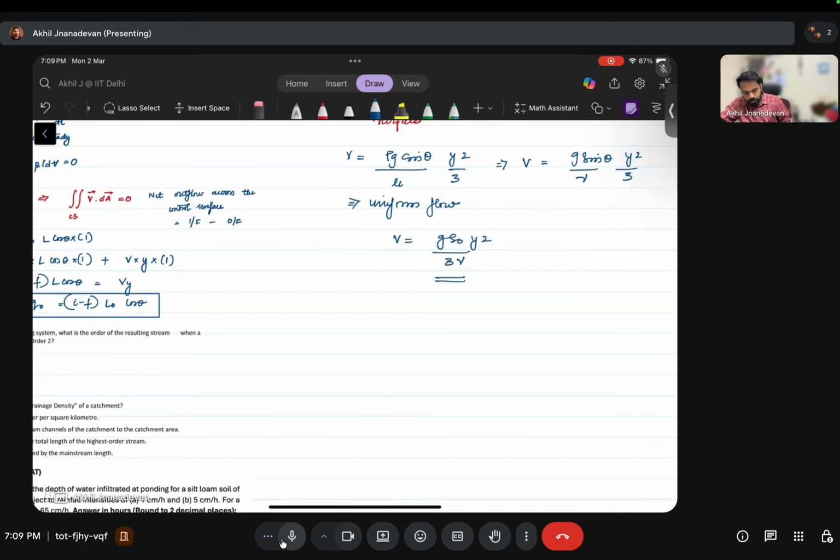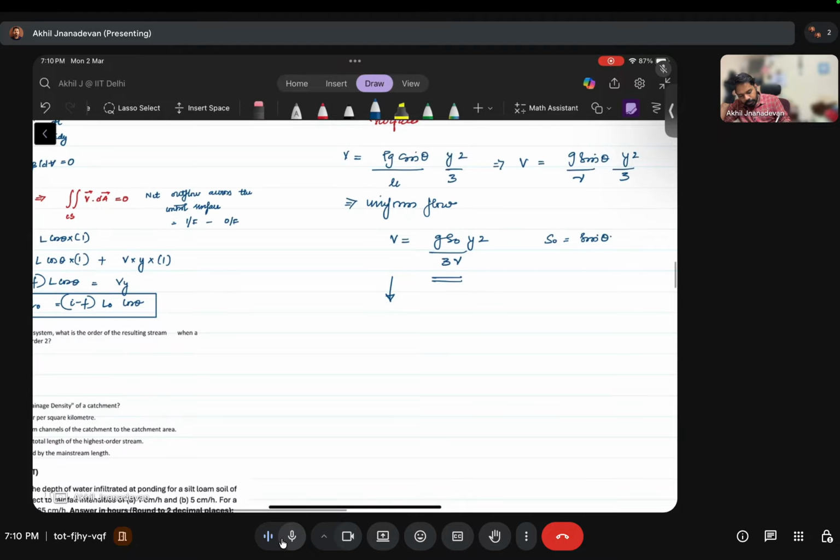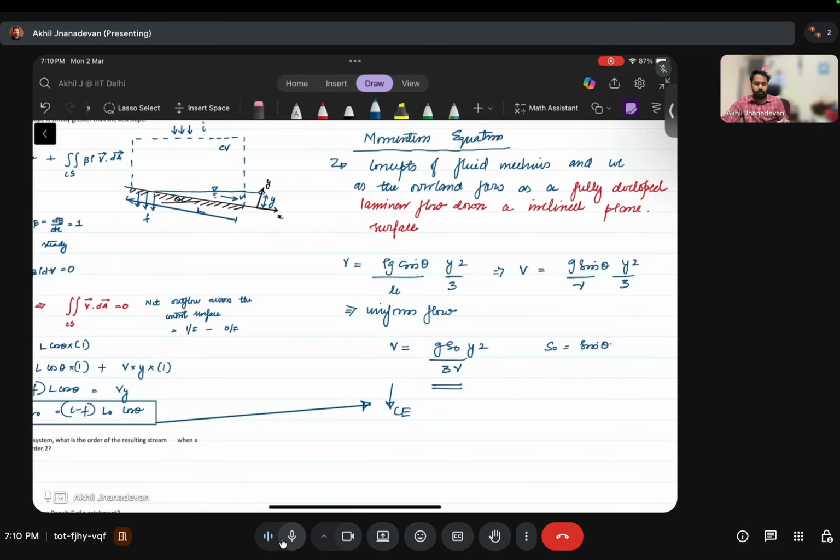Okay, so it is nothing but sine theta. So this is the relation for the overland flow, and using this particular relation we'll be deriving the velocity for overland flow, and then we'll be making use of this particular continuity equation and coming up with the velocity of overland flow. So we'll be making use of the concept of the fully developed laminar flow down an inclined plane while deriving this. Okay,